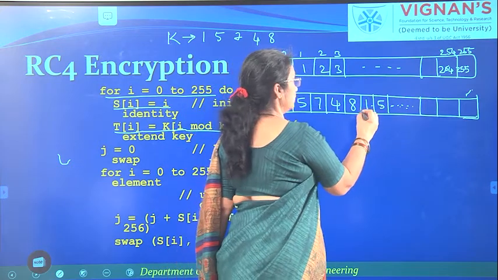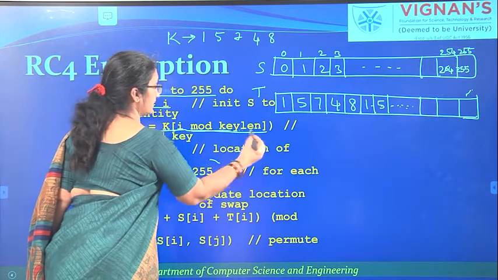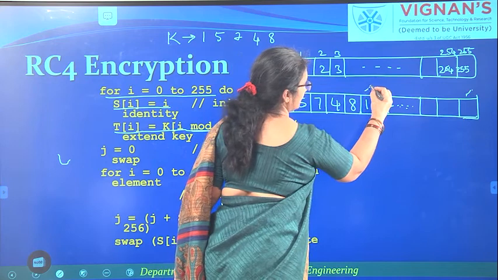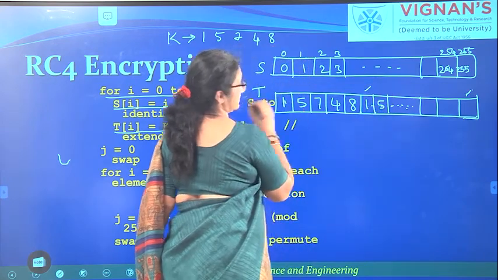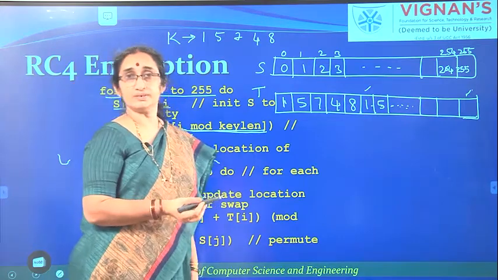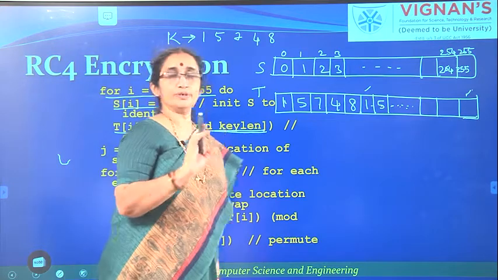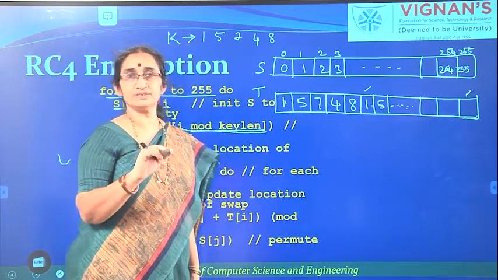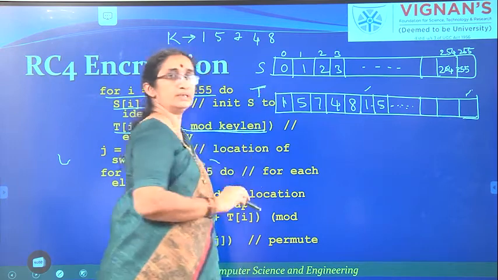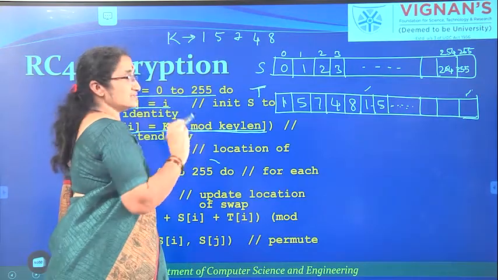And when you reach the end of the key, because you are performing the mod key length operation, the next cell is filled with the 0th element, because you will come up with K of 0 again. So till here you will be using the key, and from here onwards you do not have the key, you will be using this extended key that is stored in the array T. So that is the next step.